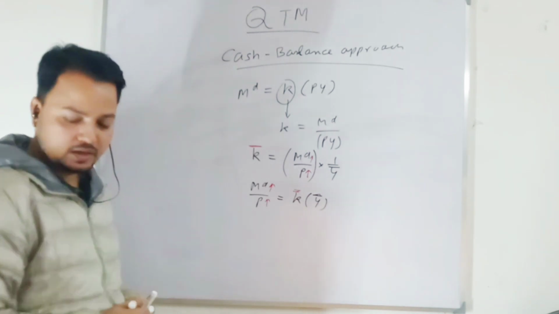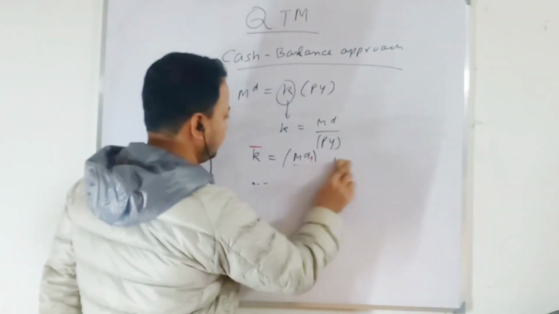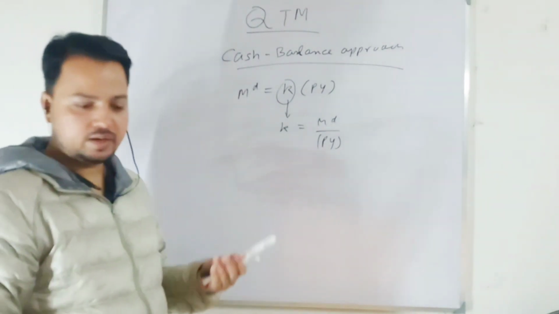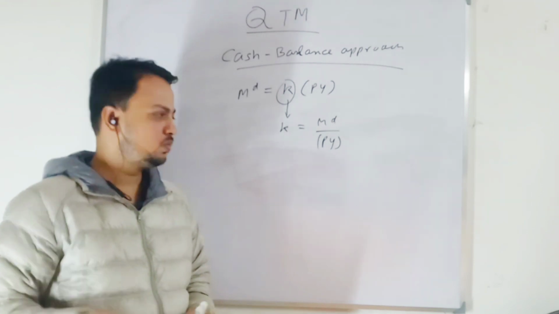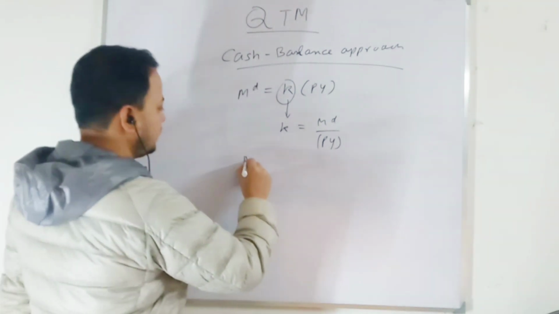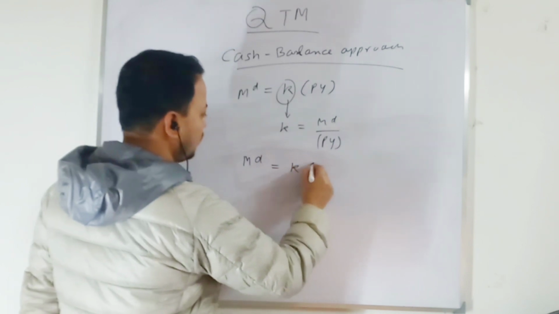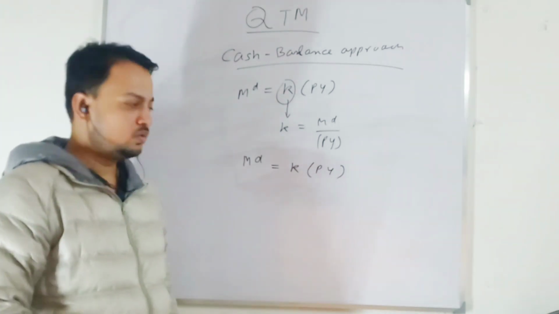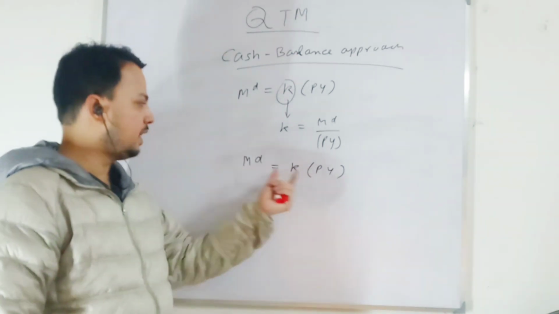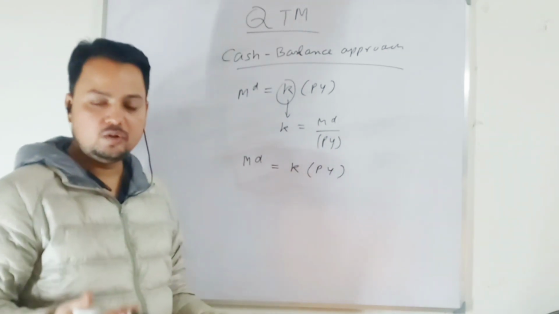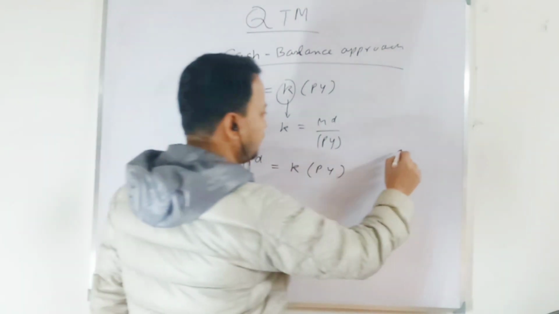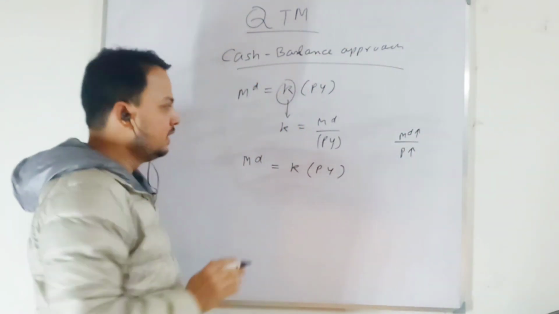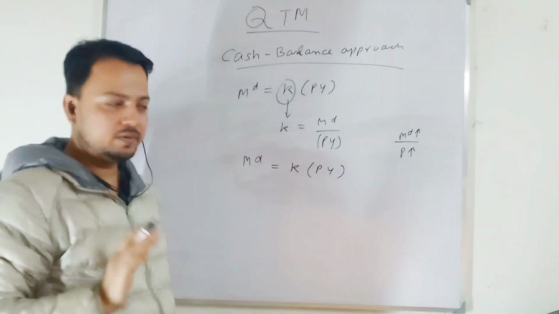Okay, let me do one more time. I understand the issue. Don't worry. So this is the technical part that you should remember at the back of your head. Those who want to do research will find it useful later on. What I am saying is that money demand is some proportion of the value of output. The relationship between money demand and nominal value of output will not change. If the price level increases for whatever reason, this nominal money will also increase in the same way, such that the proportion remains the same if your output level is given, Y bar.